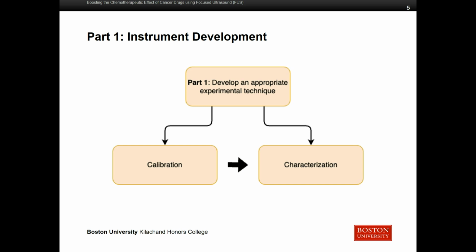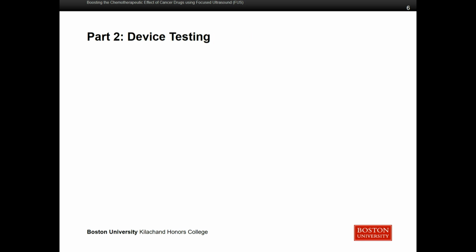So there were a lot of details that I'll spare you, but they can really be sorted into two different categories, which is calibration, which is making sure all the components work as they're supposed to, and then characterization, which means testing our system with a bunch of different inputs, for example, different amplitudes of our ultrasound frequency, and making sure we get the expected output at the end. And so once we had done this, we were able to move on to our second aim for the experiment,